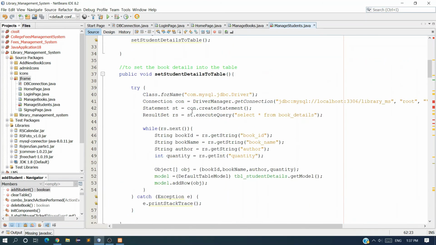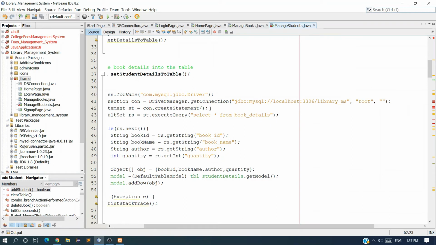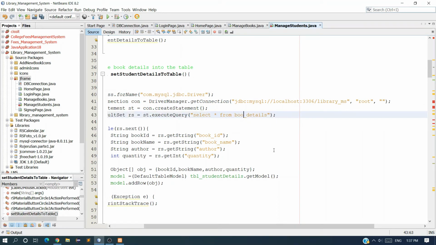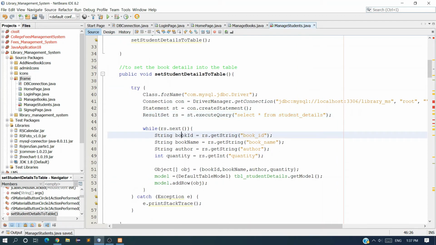Now let me modify this set student details to table. Here we have to change the table name. Select star from student details, not book details, student details, and here also change the variable name to student id, not book id.